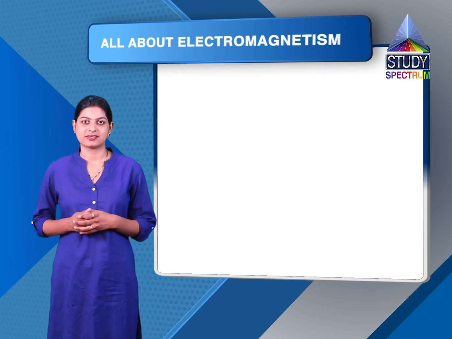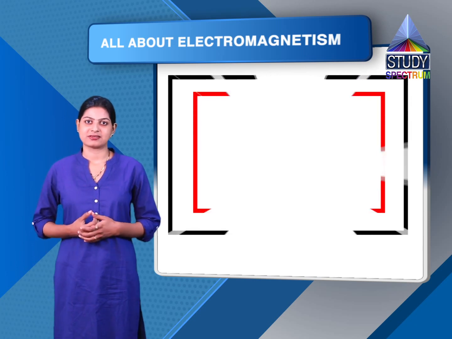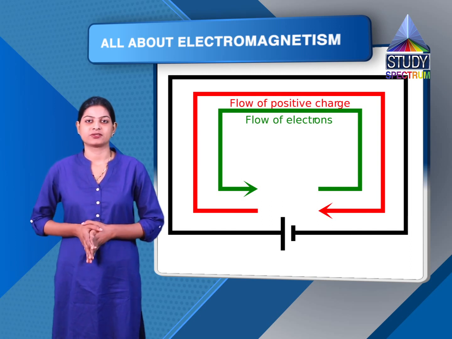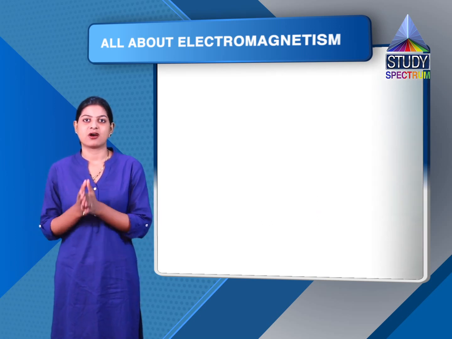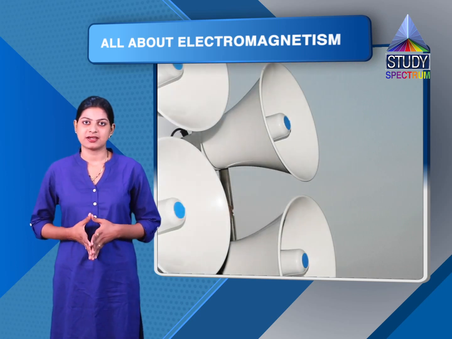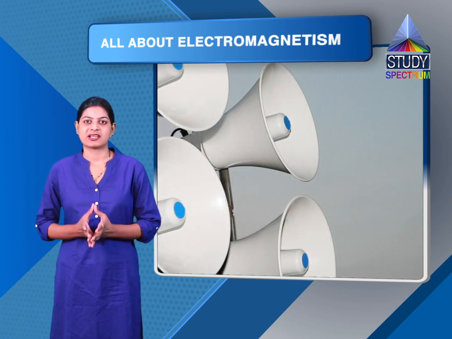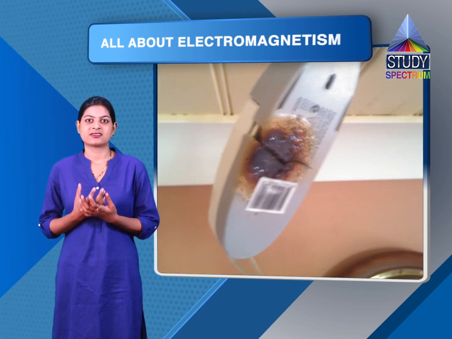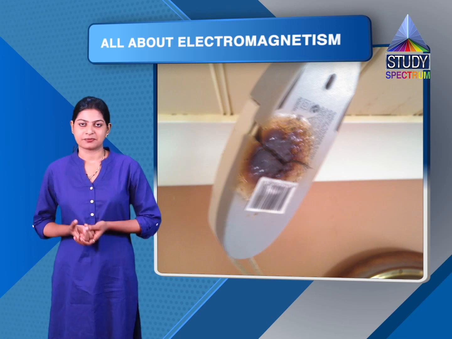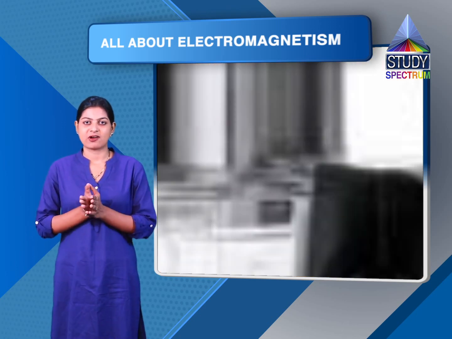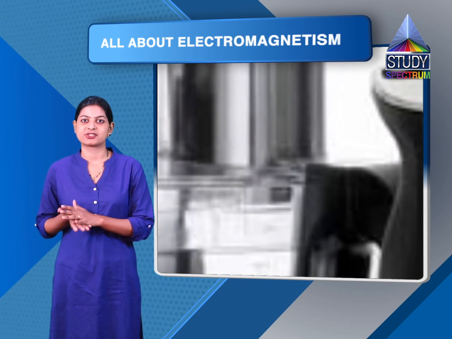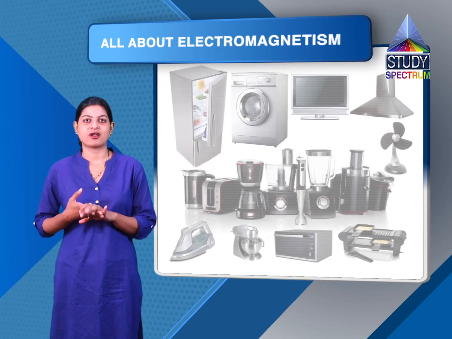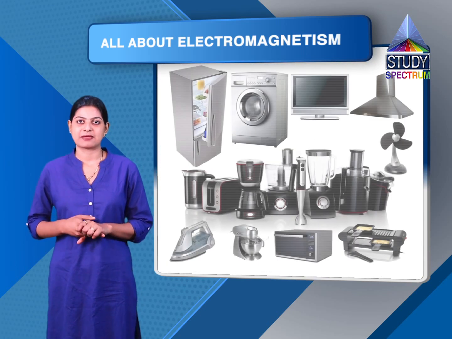The reason for this is, while we are using many appliances simultaneously, a large amount of electric current starts flowing through them, and there is a chance of short circuit. During a short circuit, again, a huge amount of electric current flows through the appliances, which heats them, and there is a chance of getting burnt. So to avoid such bad situations, it is recommended that we should not use many electrical appliances simultaneously.